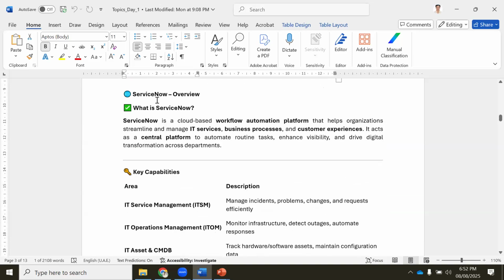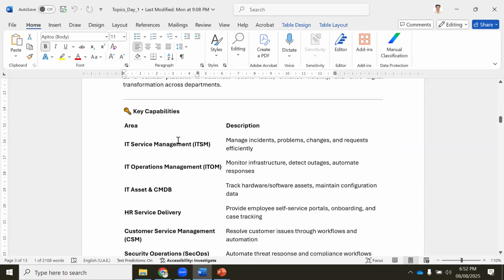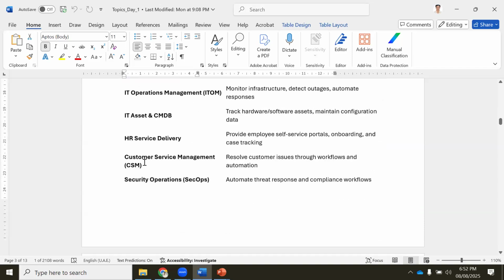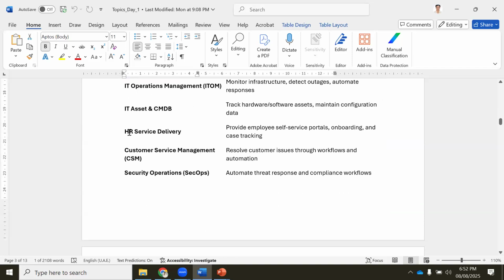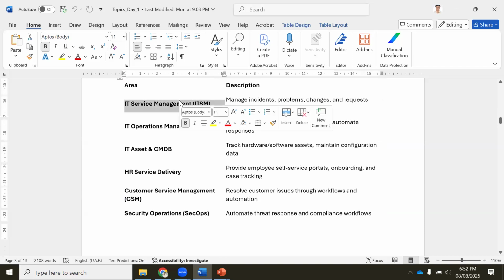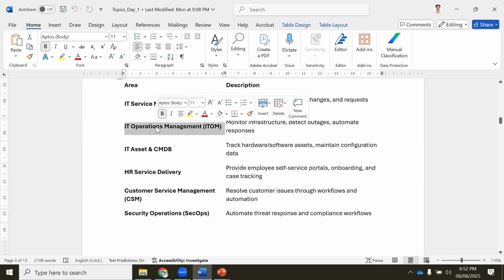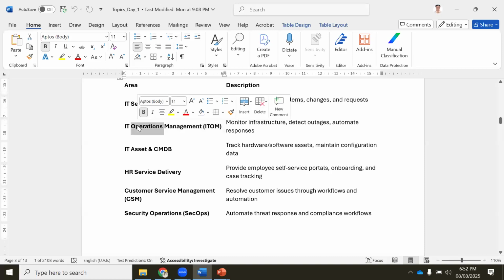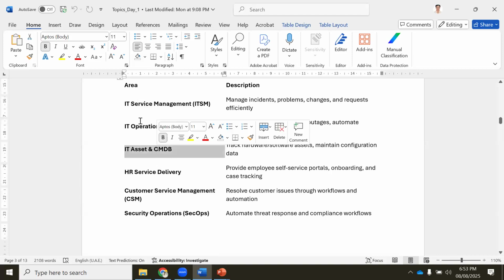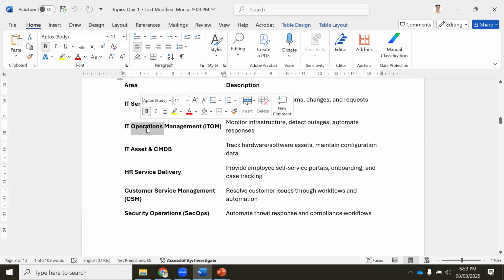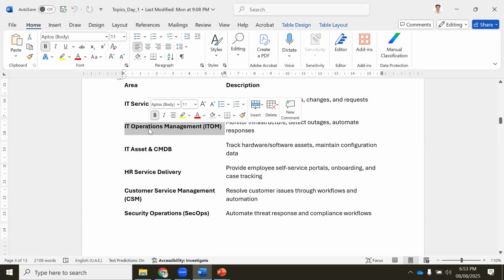Coming back to ServiceNow ITSM: what is ServiceNow? ServiceNow has many modules. We will discuss ITSM, ITOM, CMDB, HRSD, customer service. ITSM is nothing but incident, change, problem, all those things. ITOM is about maintaining your asset inventory. CMDB is a similar one. ITOM will discover your devices and put them in the CMDB. And in case your server has an issue, it will send an alert, for example if CPU, memory, or disk space usage goes high. This will monitor and send alerts. We will discuss this one by one, okay?